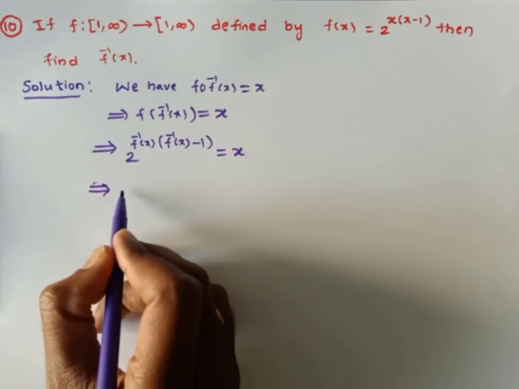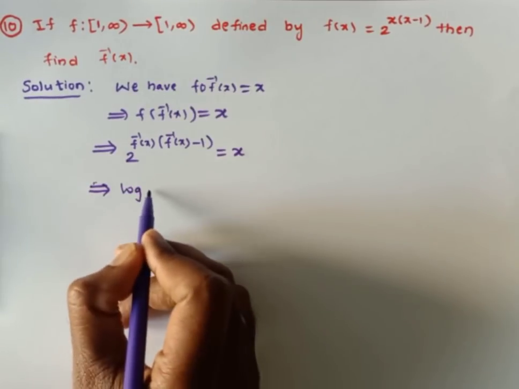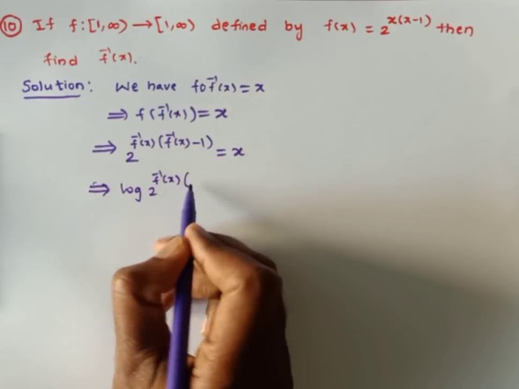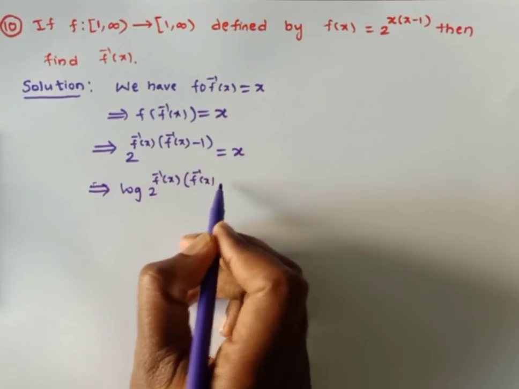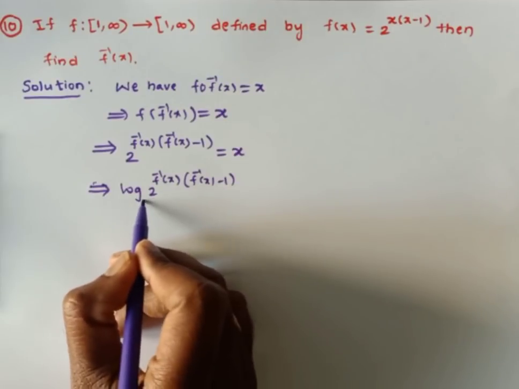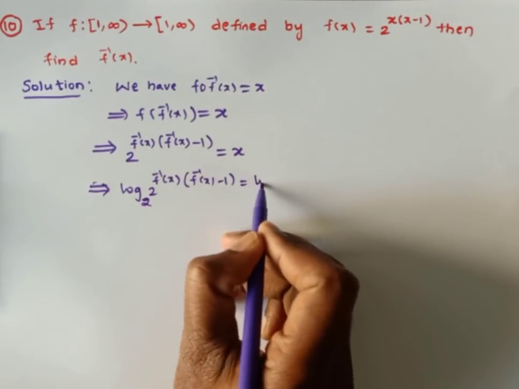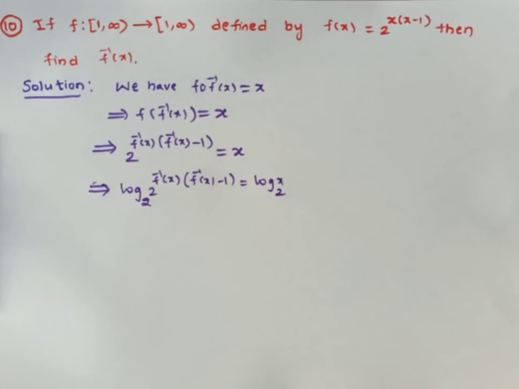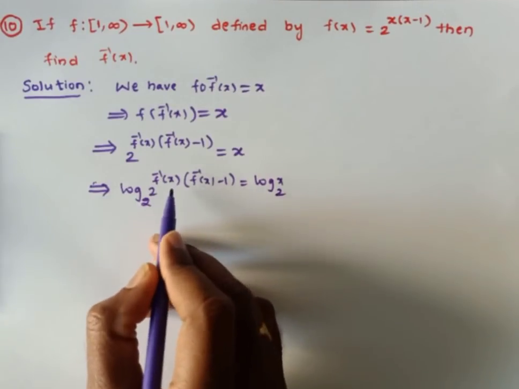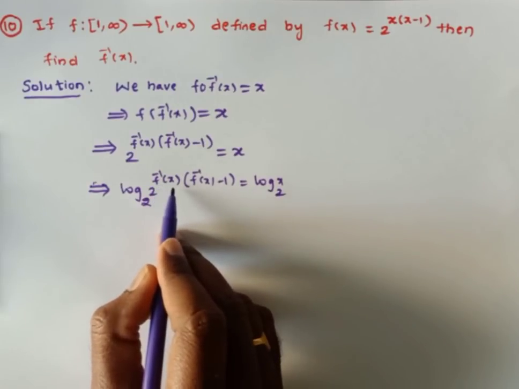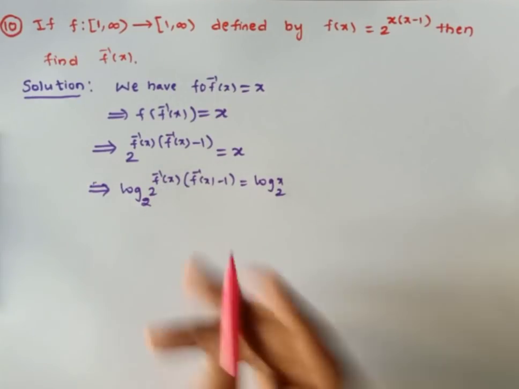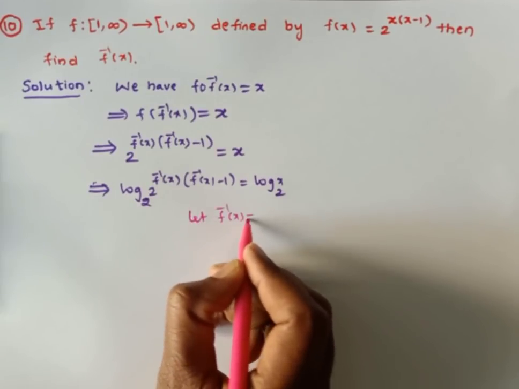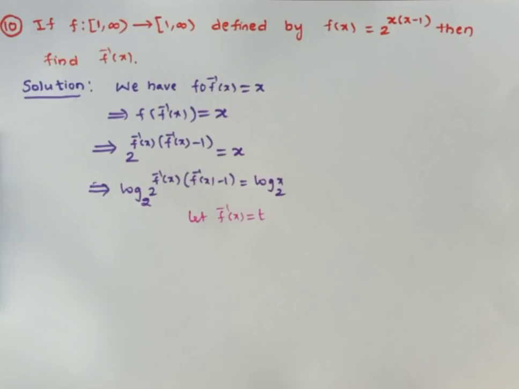So this is logarithm of 2 to the power of f inverse of x into f inverse of x minus 1, base 2, is log x to the base 2. Now it looks like some complicated thing, f inverse of x. So let it be some other variable. Let f inverse of x be some t. Let f inverse of x is t,